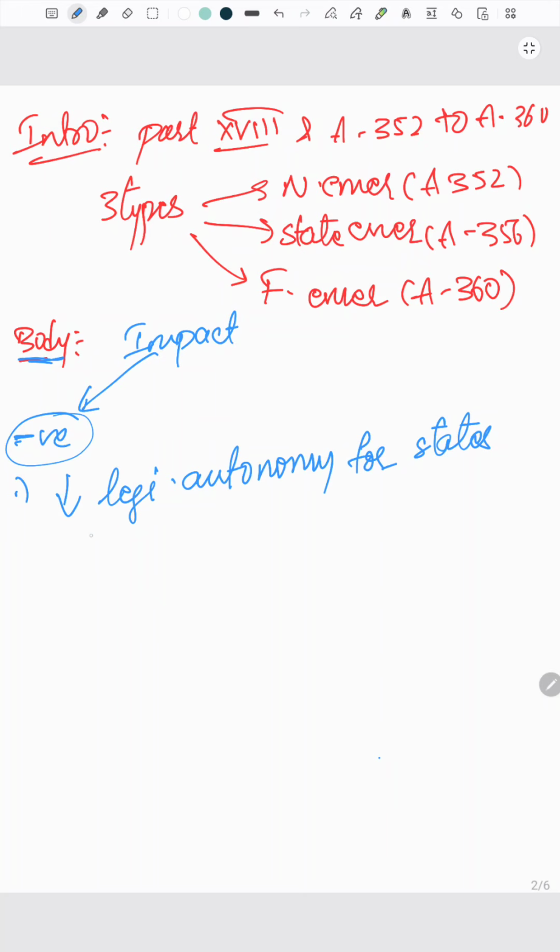Okay, which means that it takes away the quasi-federal structure. Can I say that? Yes, so it takes away the quasi-federal structure. This is the first point. And the next point is